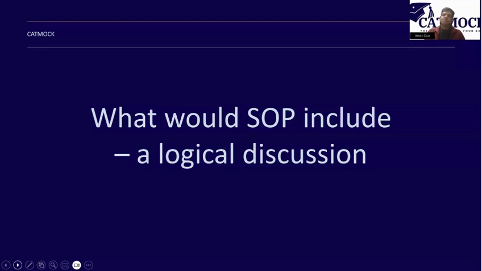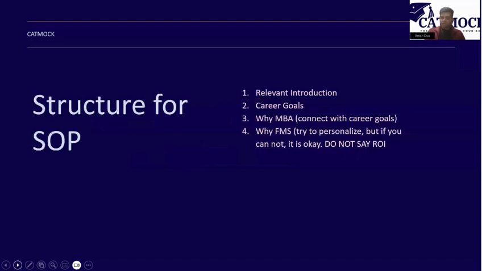So, in case of an MBA, things that are very relevant are basically your work experience, if you have, and then what you have done in graduation. If you have some specific experience that you feel is central to your why MBA story, include that as well, right? And second thing, once you have introduced yourself, you go on to say what your goal is, because you're trying to explain why MBA in that goal. So first you will say what your goal is. Then you come to why MBA and then why MBA from FMS. So this is the structure that you would be following: relevant introduction, career goals, why MBA, why FMS.